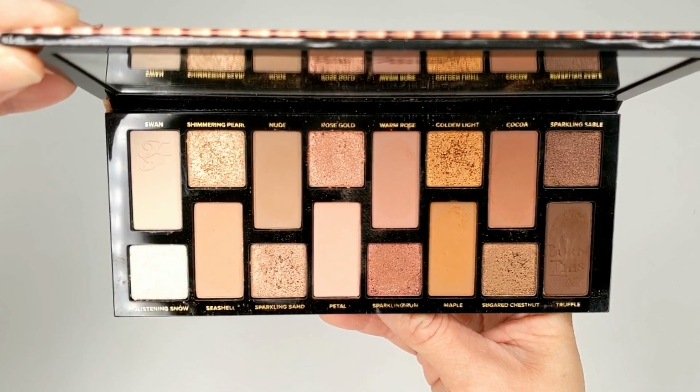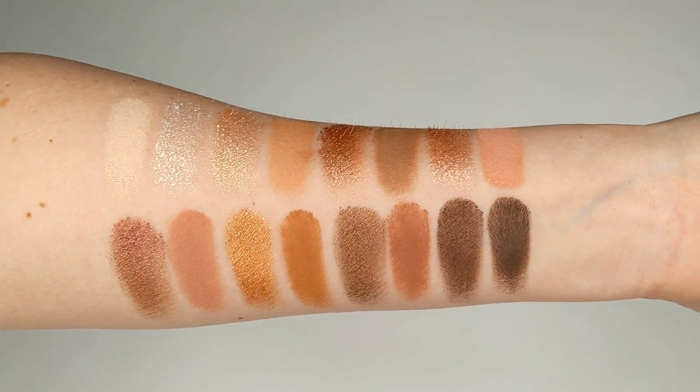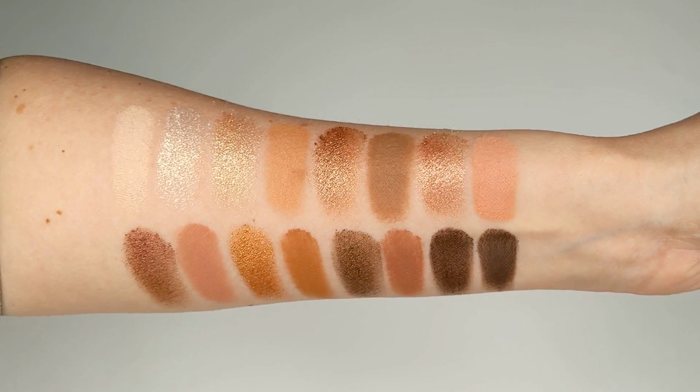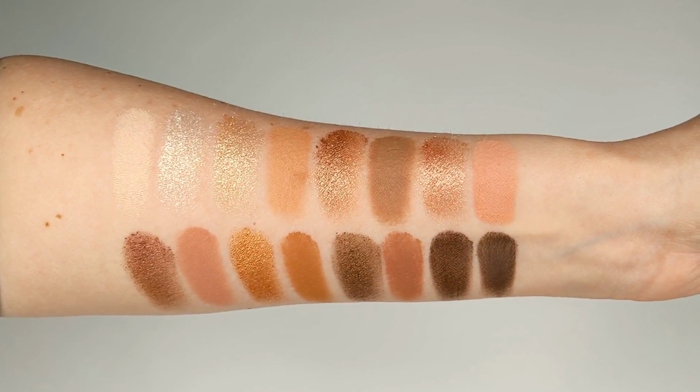And I have hooded eyes, so lid space is super important, and I want to make sure that when I'm putting shadow somewhere, it stays there. And with really dusty powdery shadows, I tend to put it in a certain area, and then as I blend, it goes way too far or further than I want it to. And these shadows are a little bit more dense and firmly pressed, but not so much so that they won't blend once you put them on your eyes. I have that issue with Natasha Denona's shadows, but this is just that perfect in between of blendability, but also